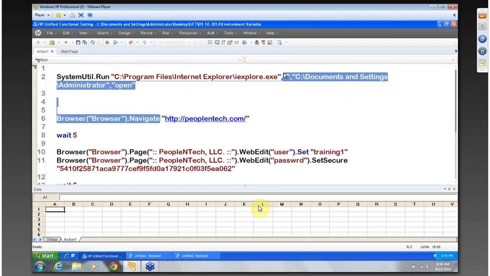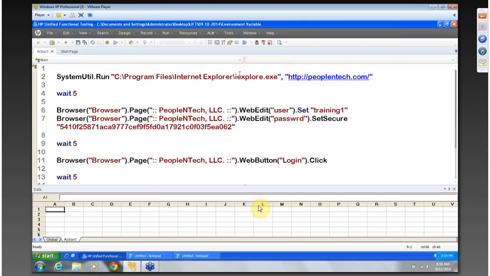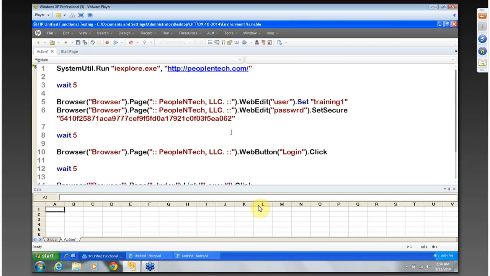Let's delete everything that we don't need. Okay. All right. So now,